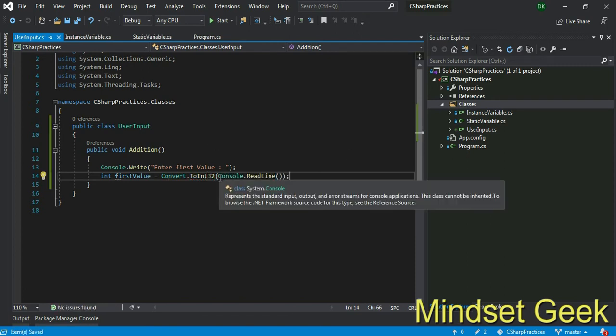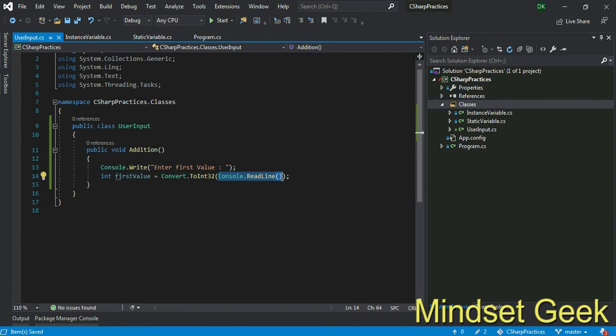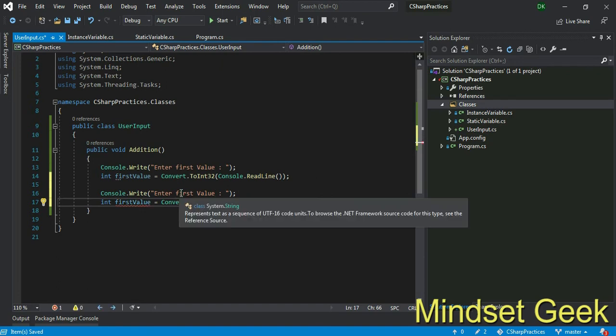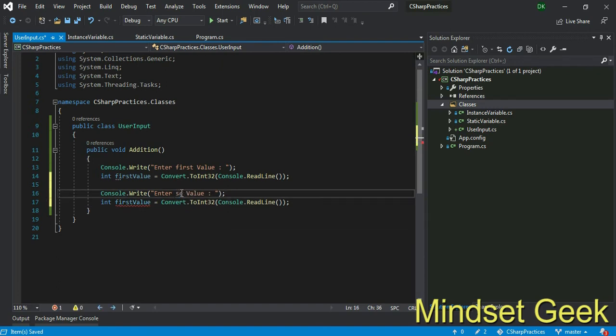When the user enters something, we convert it to Int32 and assign that value to firstValue. We ask users to enter something again, right? Enter second value.